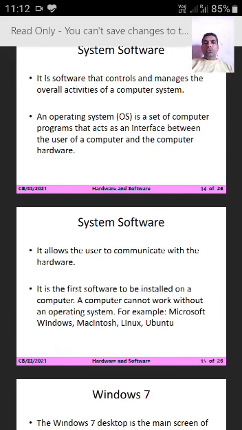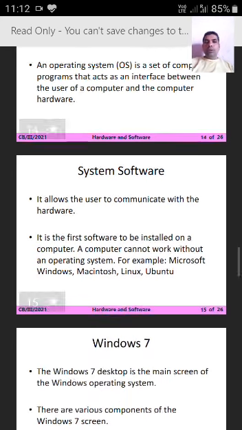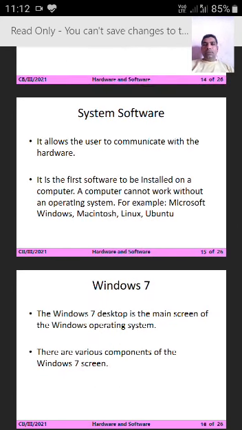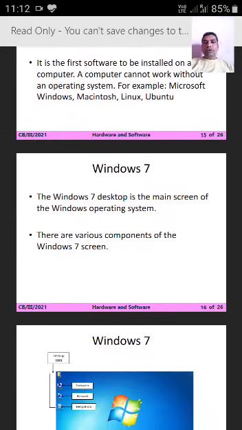It allows the user to communicate with the hardware. It is the first software to be installed on a computer. A computer cannot work without an operating system. For example, Microsoft Windows, Macintosh, Linux, Ubuntu. These are examples of system software.